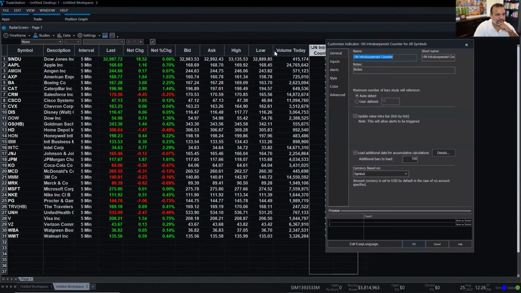It doesn't have anything to do with the way that this updates value intrabar. It's set to